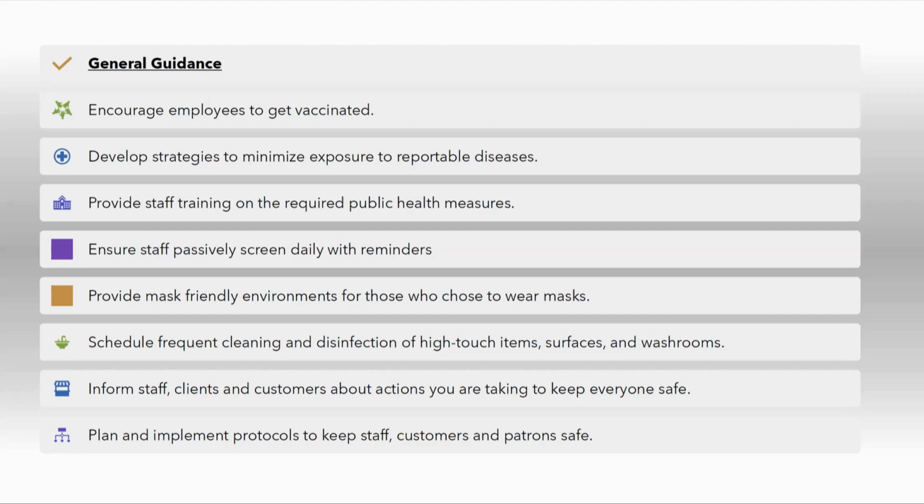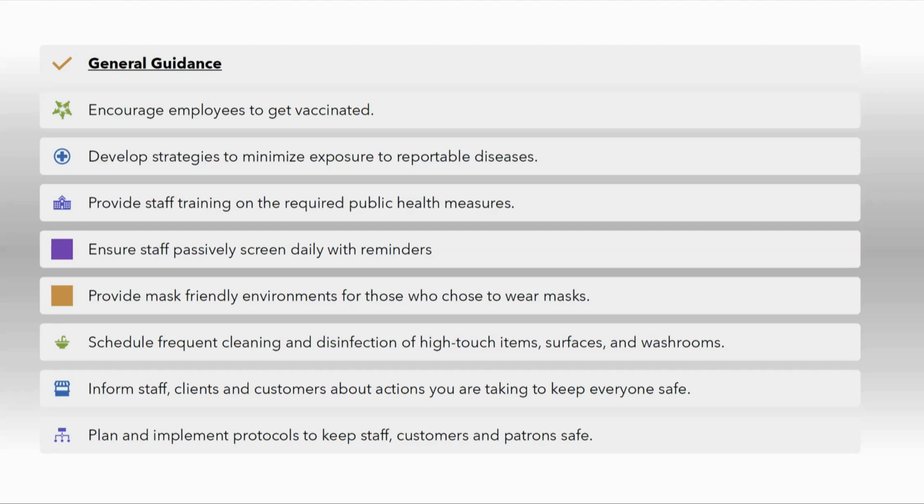So again, you have to wear a mask, have a mask-friendly environment for them. Schedule frequent cleaning and disinfection of high-touch surfaces. That's a big one, as I said already. All those high-touch surfaces in your organization: washroom handles, doorknobs, elevator buttons, you name it. Even objects that staff or clients may be using, pencils, pens. High-touch surfaces need to be disinfected and cleaned regularly, and inform staff, clients and customers about the actions you're taking